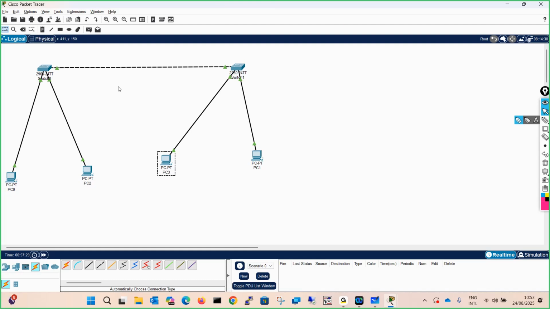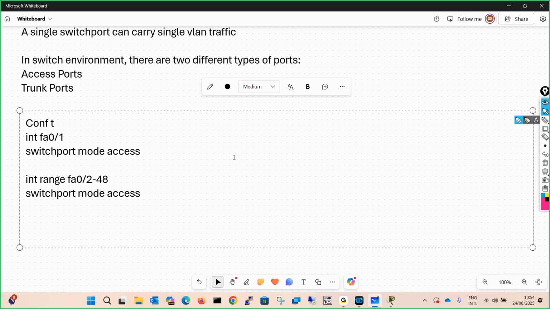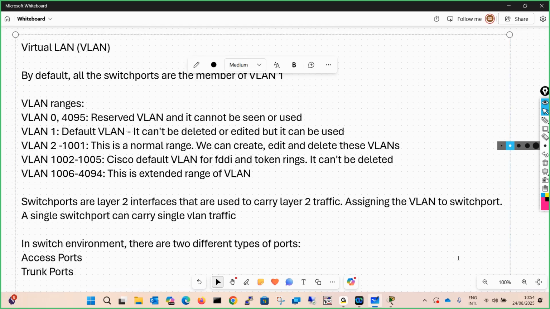Now there is another type of port called a trunk port. Like an access port which carries traffic of a single VLAN, a trunk port carries the traffic of more than one VLAN.